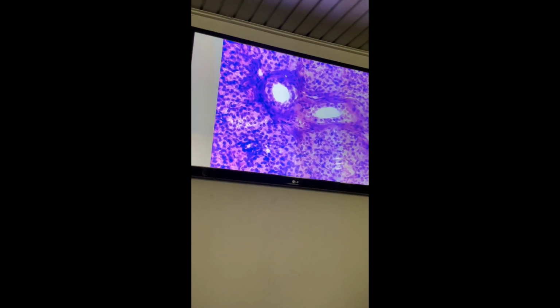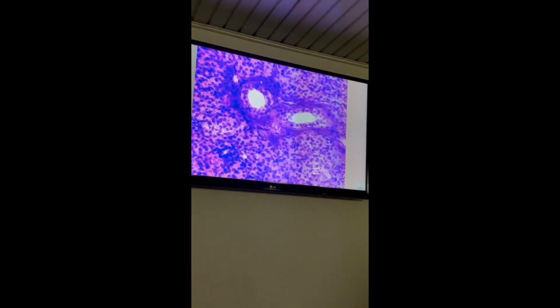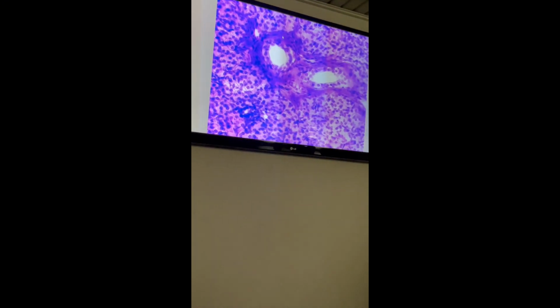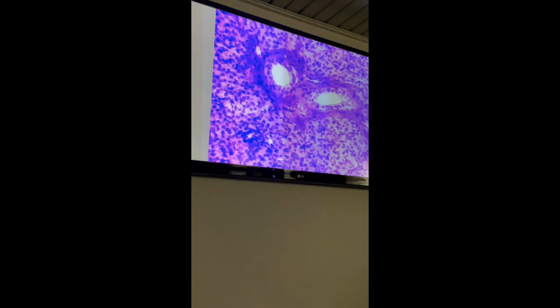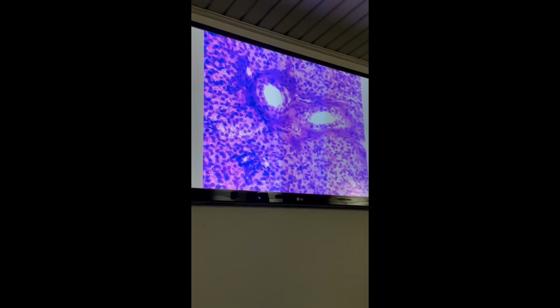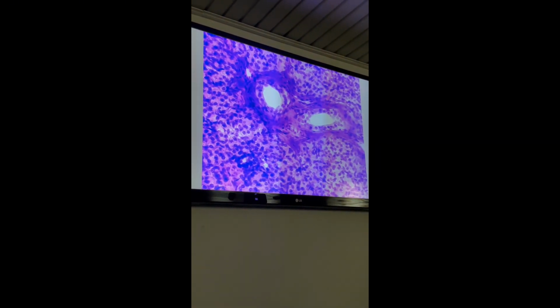Any question about the parotid gland? Parotid gland is branched acinar gland. It consists of secretory portion and duct portion. The secretory portion called serous acini. Duct portion